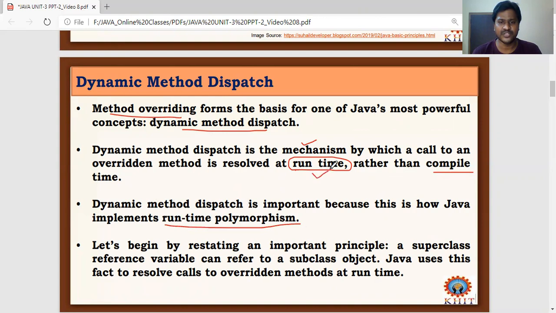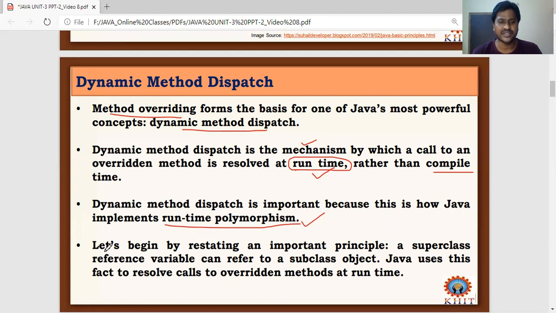At runtime, we are resolving the call to an overridden method and binding at runtime. So this concept is related to polymorphism, and you all know about polymorphism. There is a concept called binding in polymorphism: late binding, early binding, static binding, or dynamic binding. Here, resolving the call of an overridden method for invocation and execution at runtime is called runtime polymorphism or dynamic polymorphism.